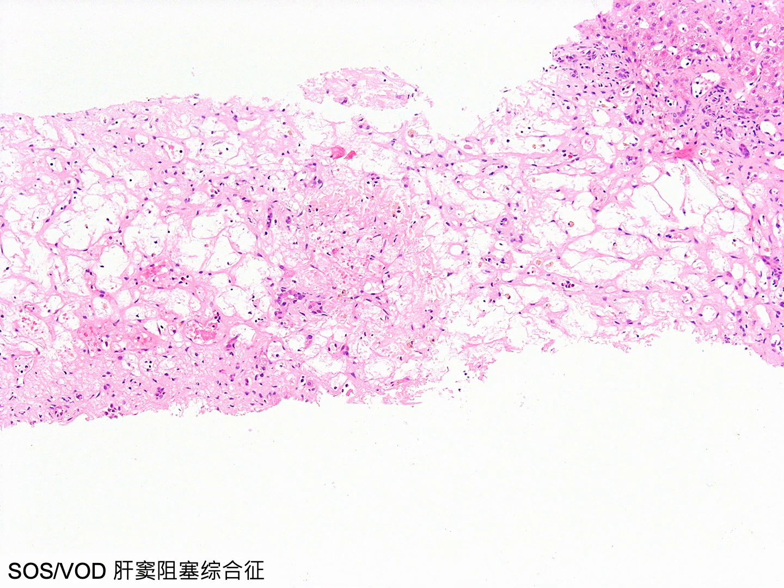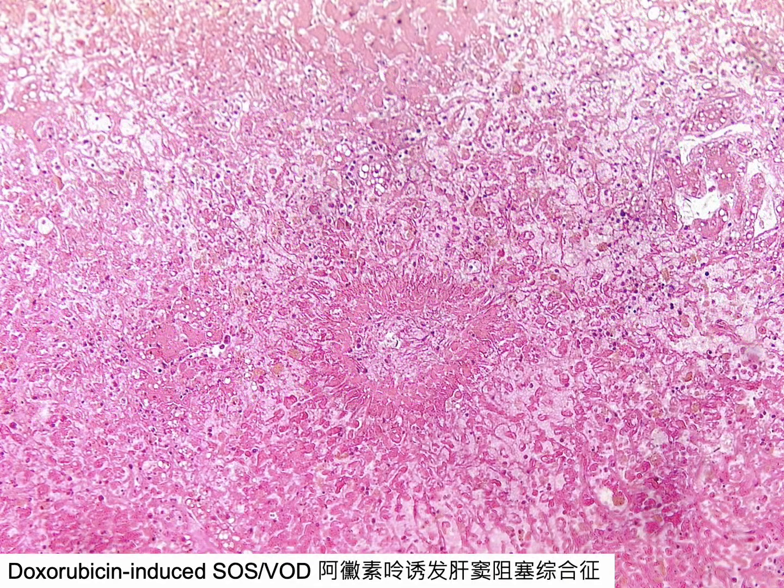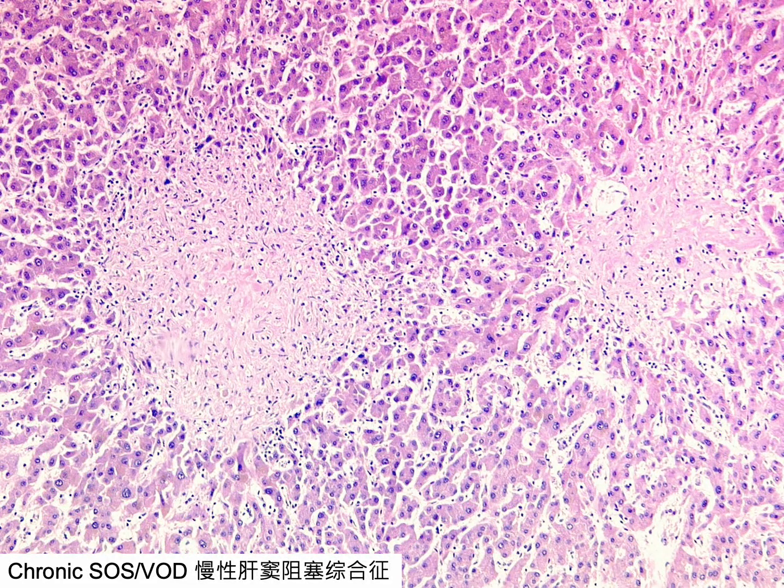Acute hepatic necrosis in a case of SOS is demonstrated here. An example of SOS is induced by a chemotherapeutic agent, doxorubicin. Nodular regenerative hyperplasia, which will be discussed soon, is another histological feature of SOS. Fibrous obliteration of the central vein can be identified in chronic SOS. Similar to chronic hepatic outflow disorders, chronic SOS may also exhibit perivenular and pericellular fibrosis.